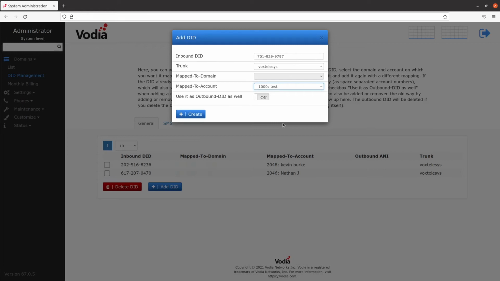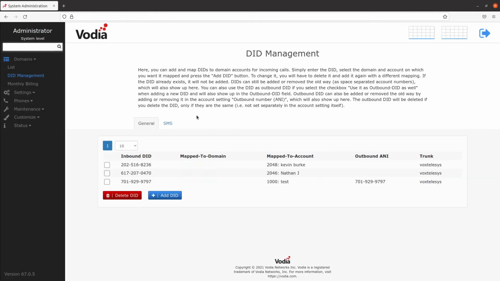Turn the Use it as outbound DID as well field to on if you want to set the caller ID to the same number as the above inbound DID. Click on Create when you're finished. Congratulations! You've successfully added a phone number in the Vodia